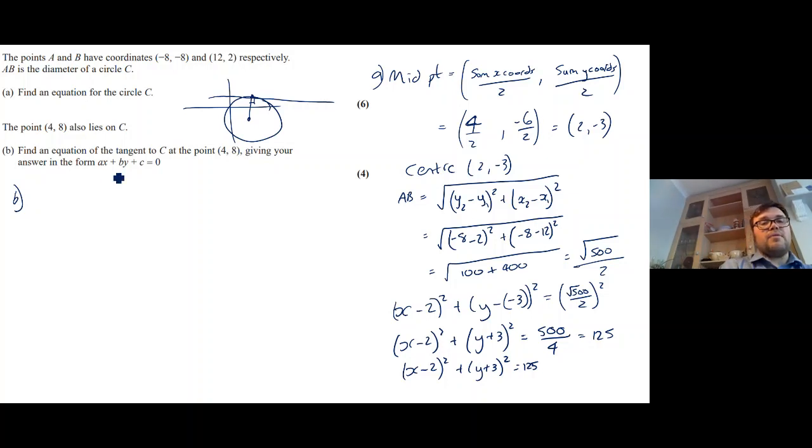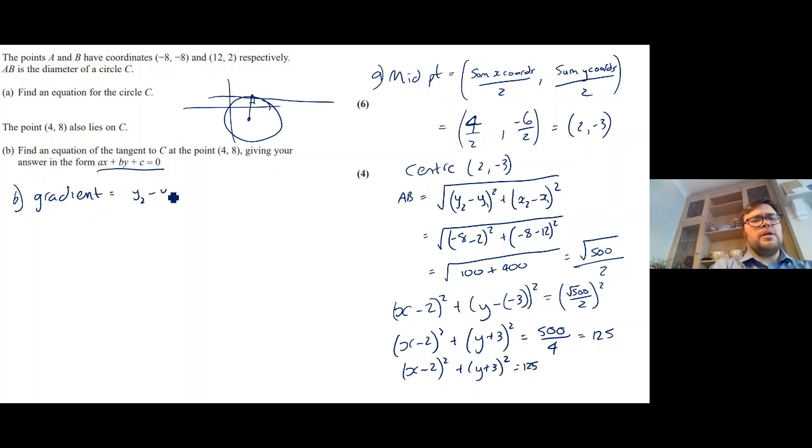I would say we have to make sure we write it in this form and we have to put it equal to 0. Where A, B, and C are, well, in this case it doesn't state, but it should state that they are integers, integers being whole numbers. So the gradient